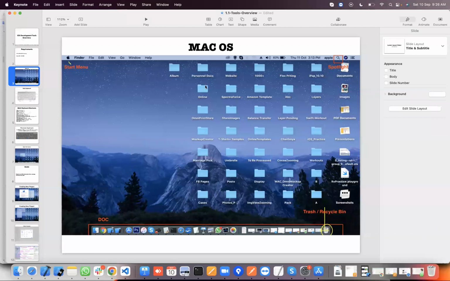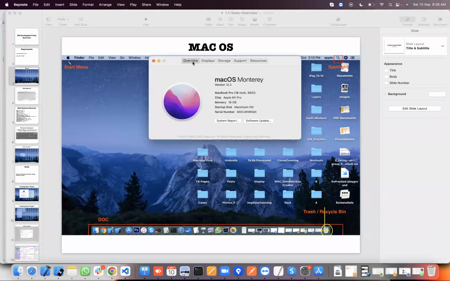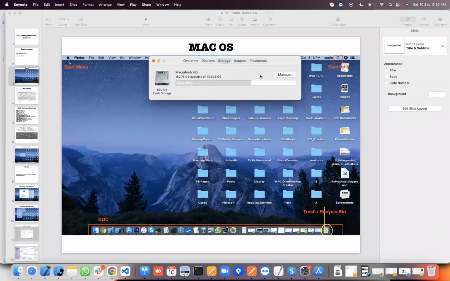This is the home screen of Mac, where you find the Apple symbol, where you can perform sleep, restart, shutdown. Or if you want to know about the Mac, you can choose About This Mac, like what the operating system is. This is the latest operating system that I have, 12.2, actually it is 13 right now, which is beta. And display size, storage capacity, how much is free, how much is used,